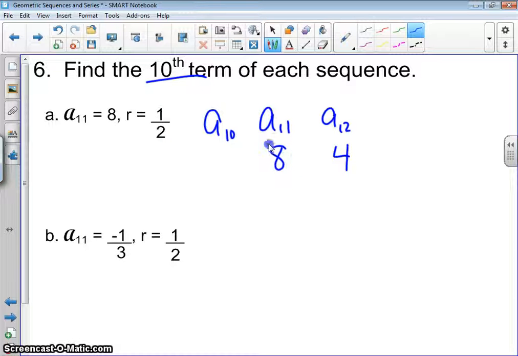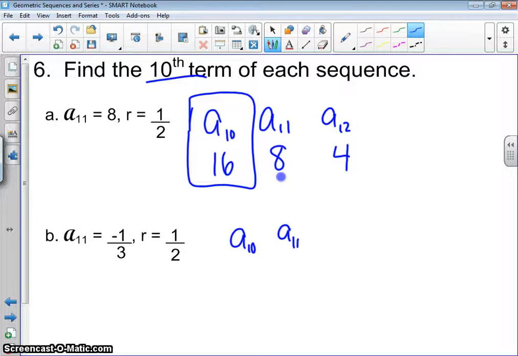And so what I did to get from this one to the next term was cut it in half. So what I need to do to get from 8 to the term before it is the opposite and multiply it by 2. So that should be 16. So A10 should be 16 there. I'm going to do the same thing for this one. A11